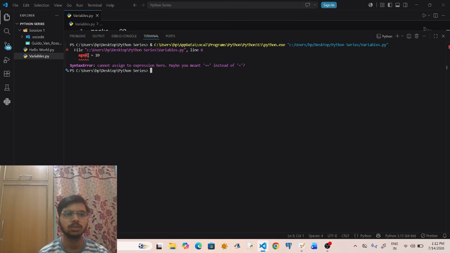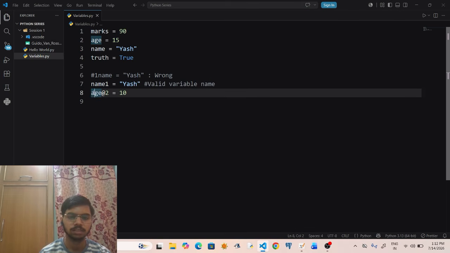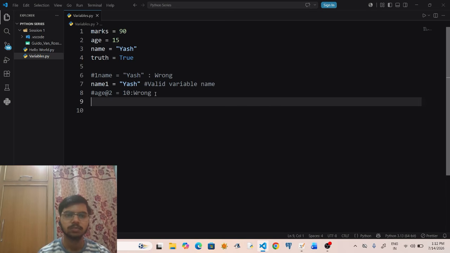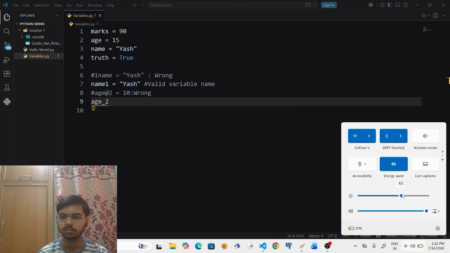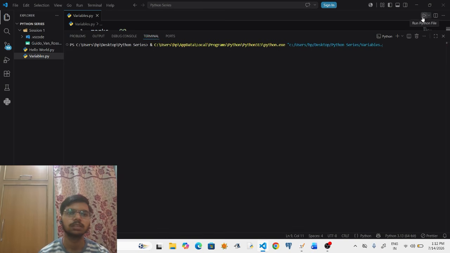See, this is because you cannot use any symbol other than underscore to declare the variable's name. So this is wrong. Now instead, if I use the variable name as age underscore 2 is equals to 10 and I run the program, it will not give any error.